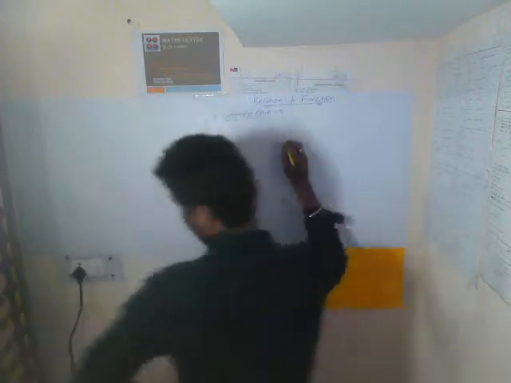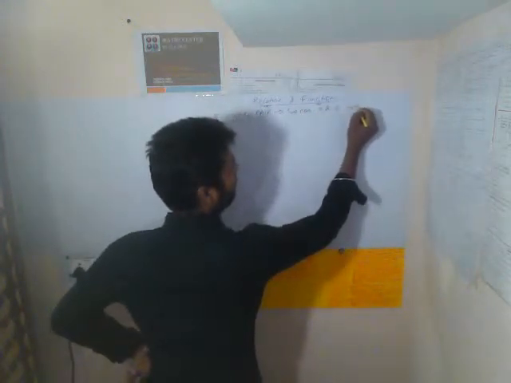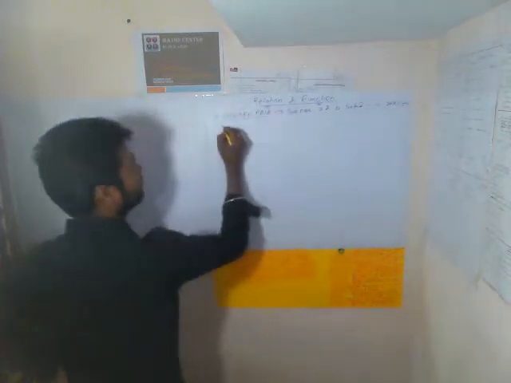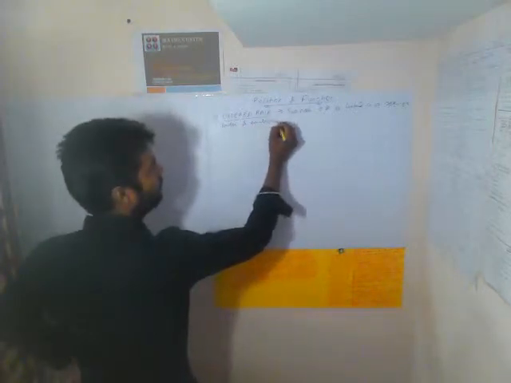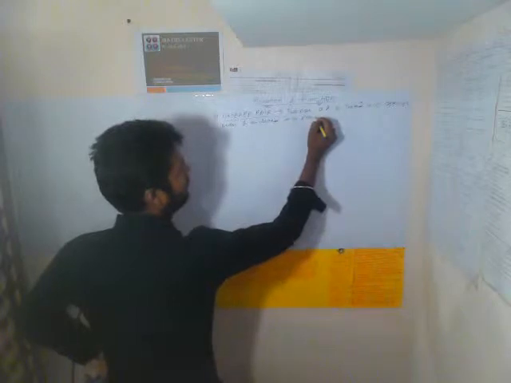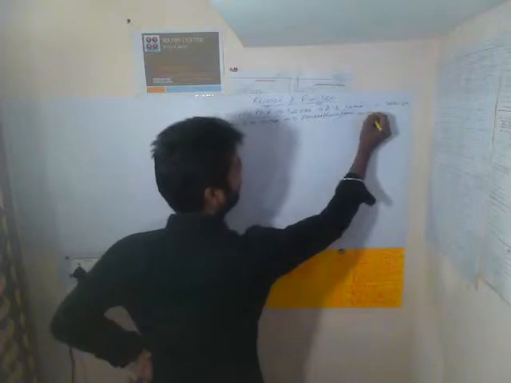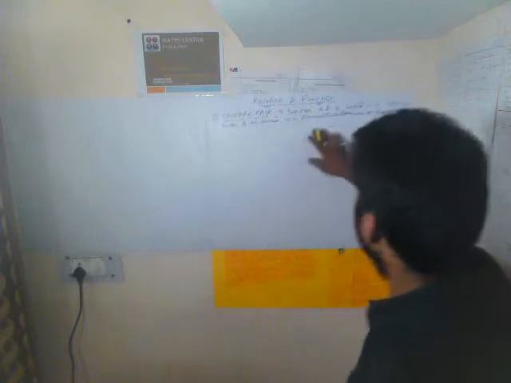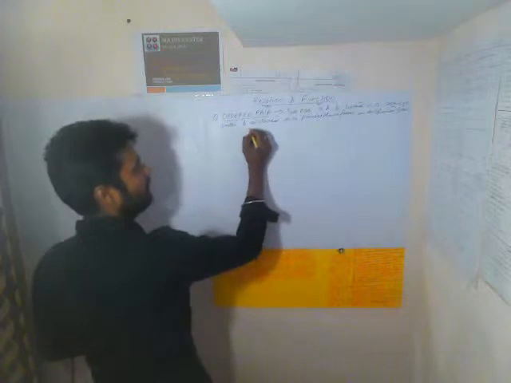ऑर्डर्ड पेयर क्या होता है? What is an ordered pair? Two numbers A and B listed in a specific order and enclosed in parenthesis form an ordered pair. Two numbers A and B listed in a specific order and enclosed in parenthesis form an ordered pair (A, B) like this.